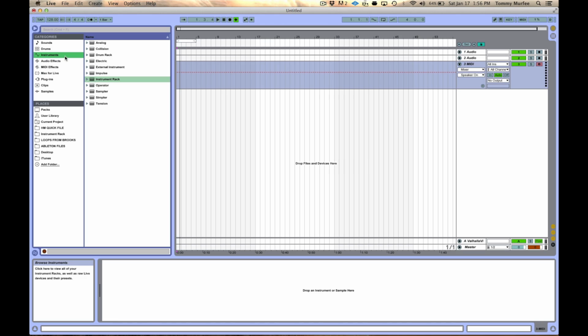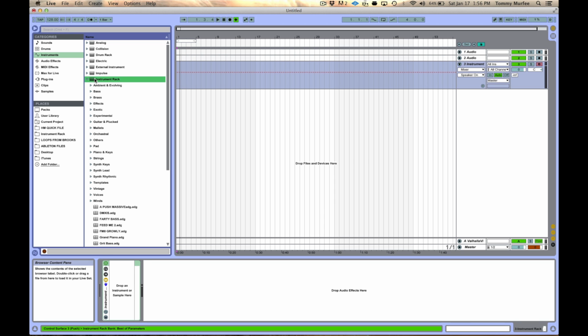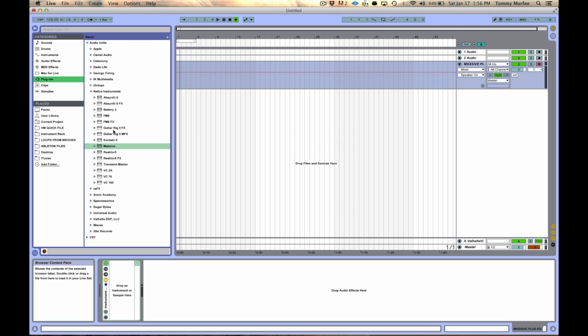So let's go ahead and create an example of an instrument rack. What I'm going to do is go into Instruments. I'm going to click on Instrument Rack and drag this into a blank MIDI channel, and then we're going to just name this Massive plus EQ. Okay, and then now we're going to go to our plugins, and we're going to pull down Massive into the instrument rack,